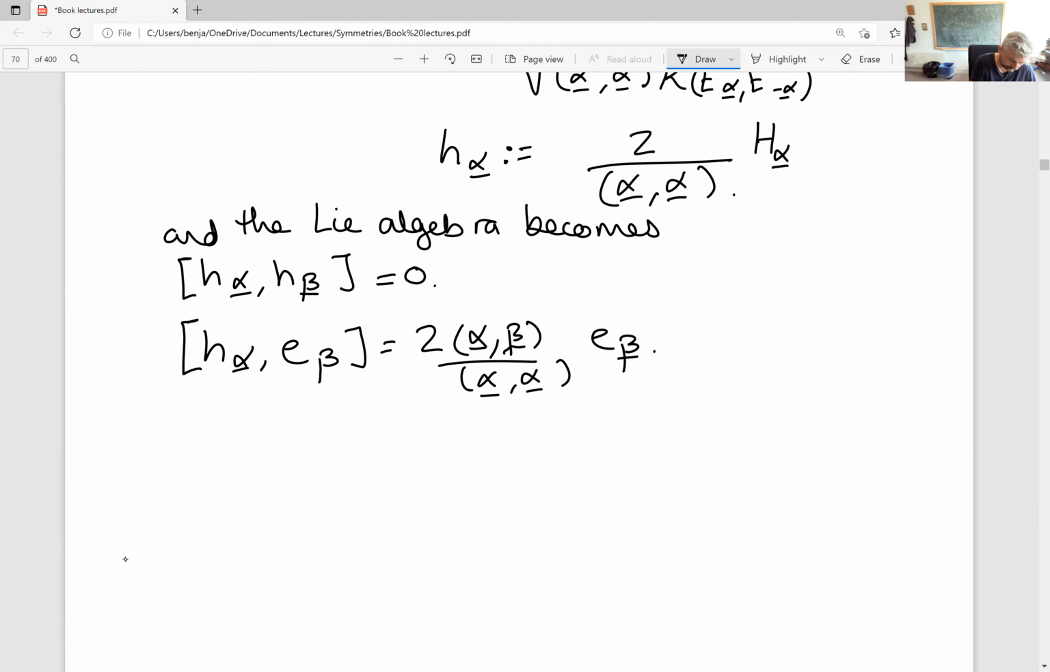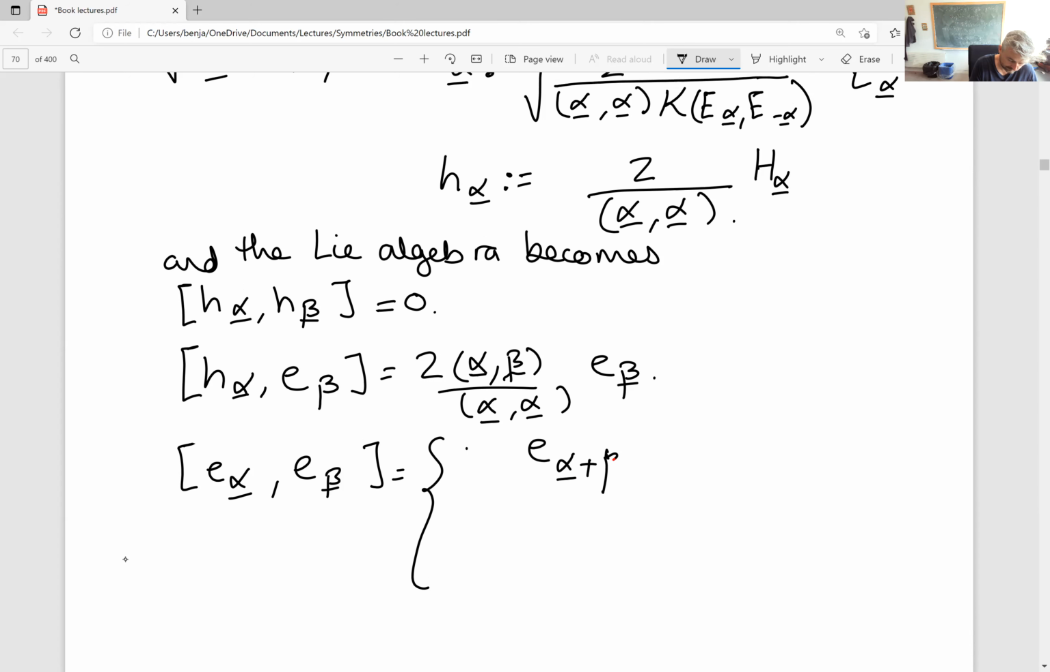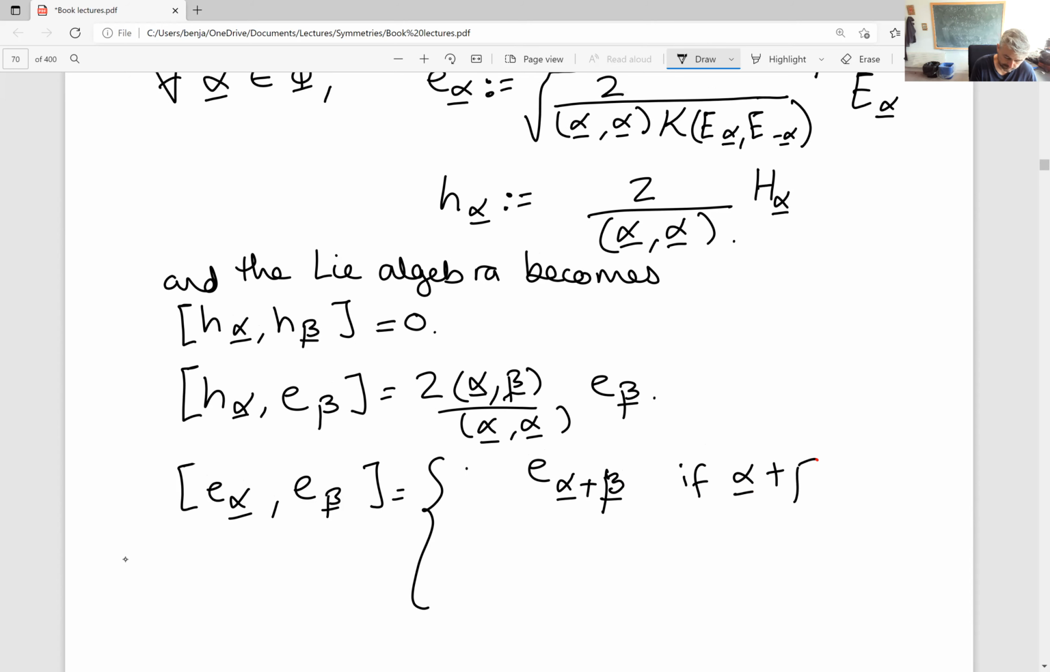And then little e alpha, Lie bracket with little e beta. Well, we get something proportional to e alpha plus beta if alpha plus beta is in the root set. So we're going to call that something n alpha comma beta. And these n alpha comma beta are just going to be some complex number. And then we get